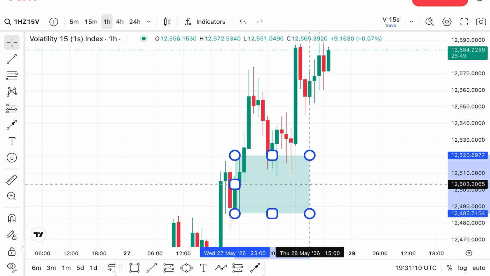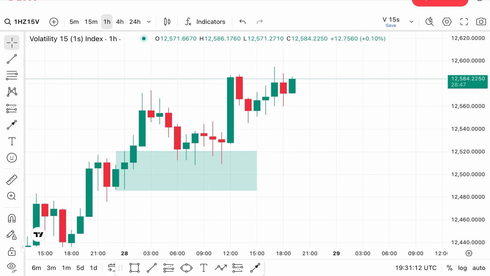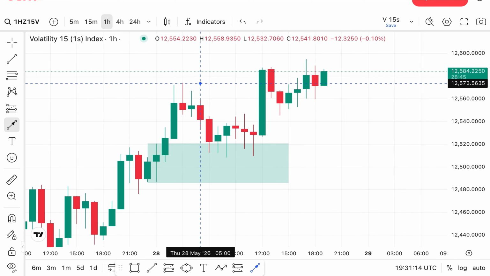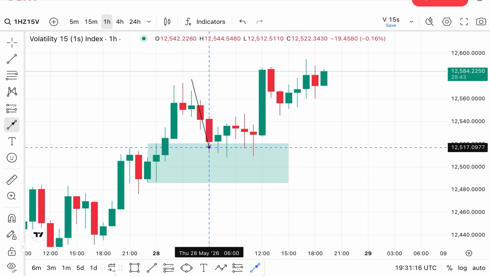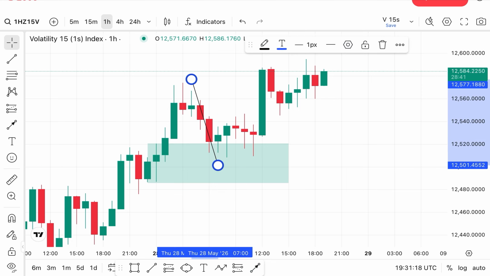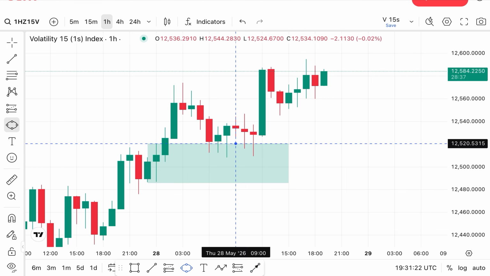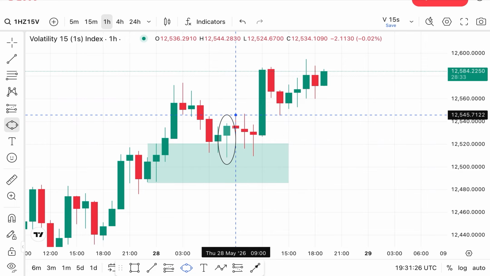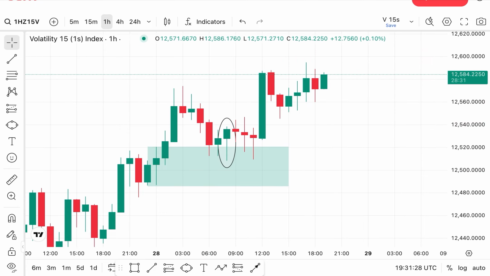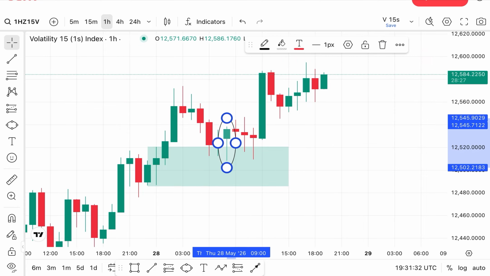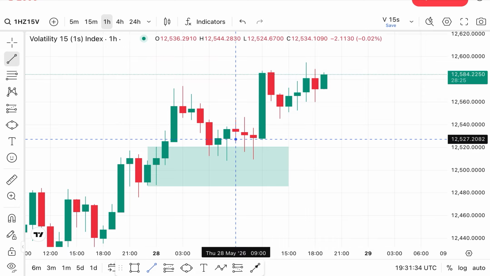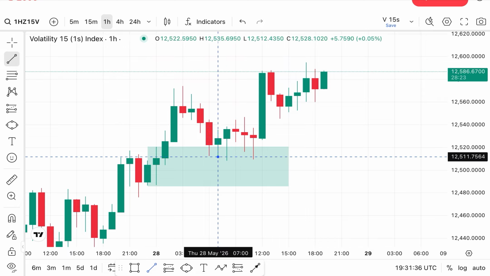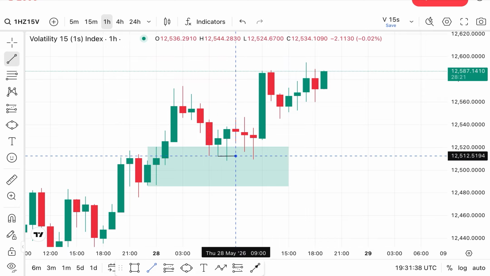because on the 1 hour, after marking my POI right over here, I waited for this retracement patiently. I waited for the retracement up to this POI right over here. Hope you can see that. And once again, price gave me this beautiful rejection candlestick. Price gave me a bullish rejection candlestick to the upside. I marked the low it swept right over there